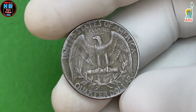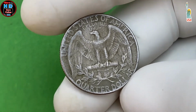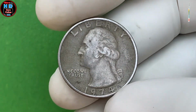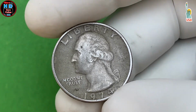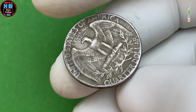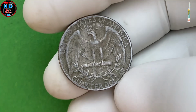Each location produced large numbers of quarters, but what makes these coins particularly interesting is that the 1974 Washington quarter was struck in a time when the U.S. Mint had transitioned from using 90% silver to using a copper-nickel-clad composition for most coins, including the quarter. By 1974, the silver content of the quarter had already been reduced, which meant that these coins were primarily made of copper and nickel, not silver. This shift was part of the broader trend toward debasement of the U.S. coinage that had begun in the late 1960s,